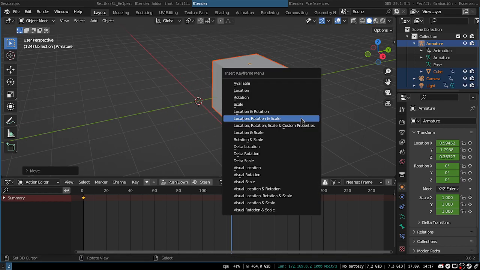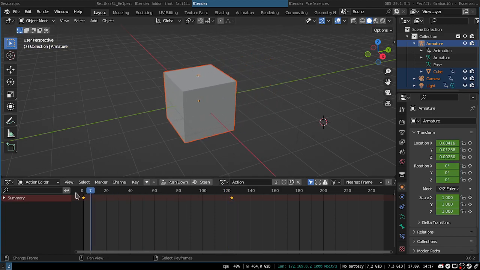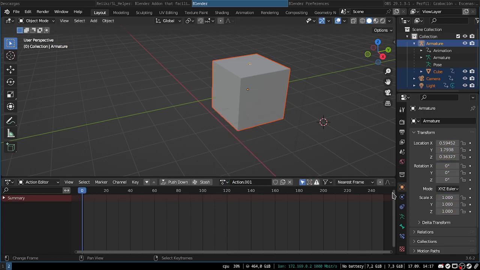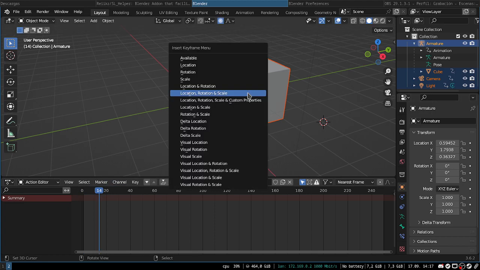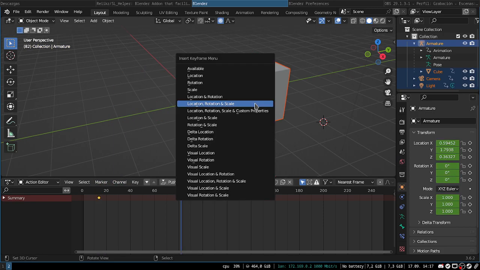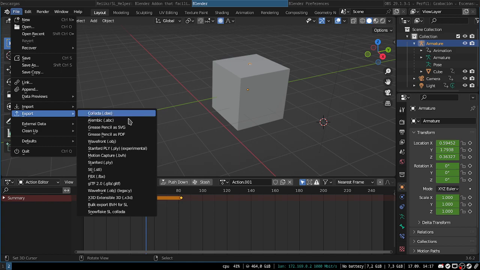So keyframe, and then let's add some more keyframes. Oops, I hit it by accident. There we go, keyframes. So in theory, now if I select my armature and then click export,